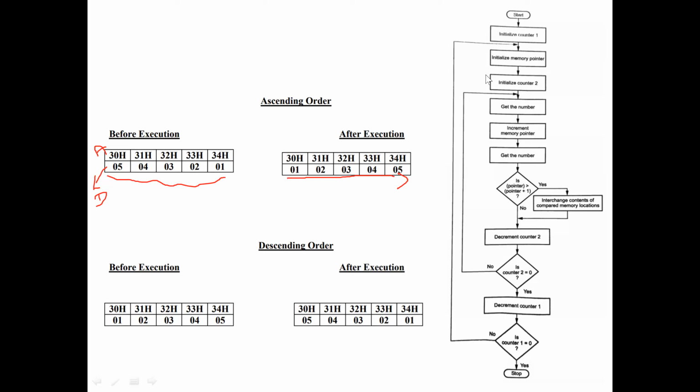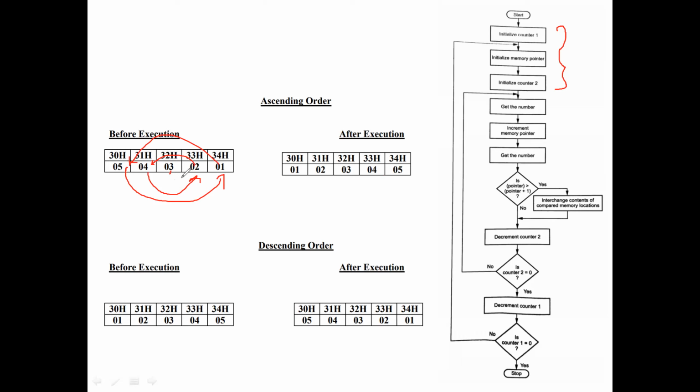First of all, if you take any program, initially you must do certain initialization for this operation. You want to take this 5 value and put it here, 4 you put here, 3 the same, 2 must be here and 1 must be here.